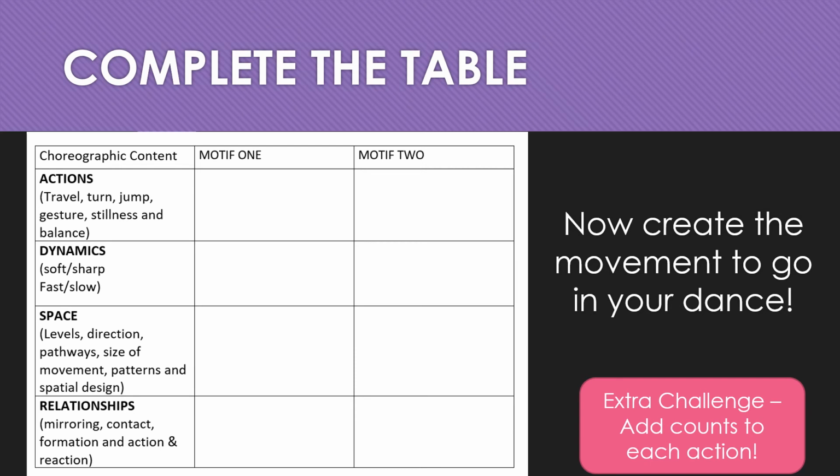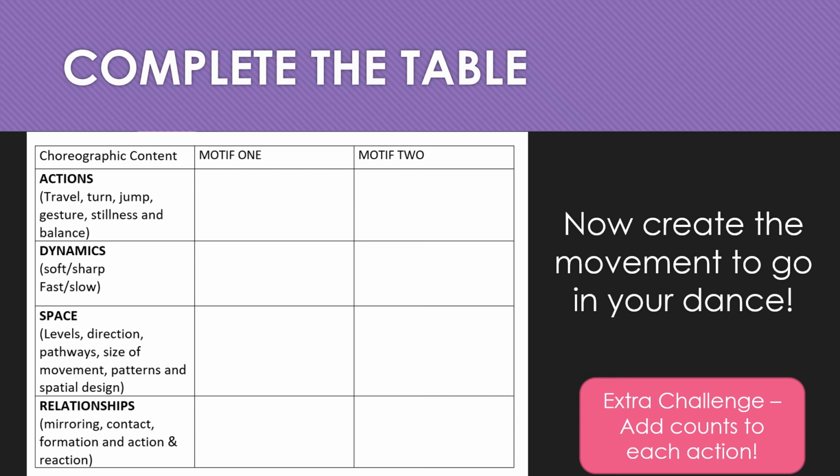Relationships. So I've put a couple that hopefully we're familiar with. So I've used mirroring, contact, formation, and action reaction. Now, if you know any other dance relationships, feel free to use them there. So contact, obviously, you might have a lift or something, where the dancers are touching in that moment. Mirroring, we know, is when you're in perfect symmetry,